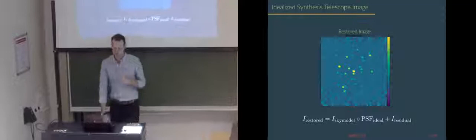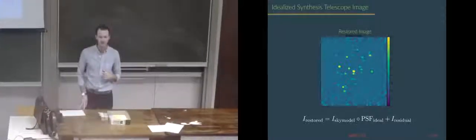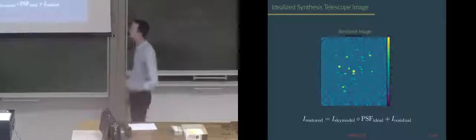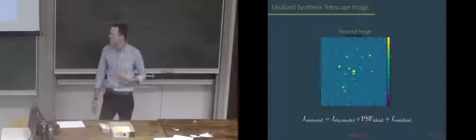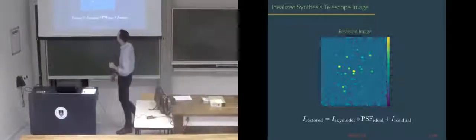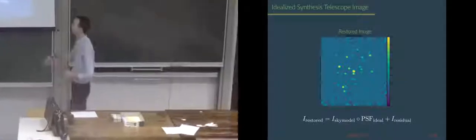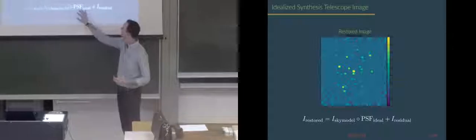Okay, so I've just been showing you some examples. Let's go back to our Cat 7 image and walk through how the different iterations of deconvolution happen. So this is our restored image. This is what we'll get to in the end. Just remember our sky model, and this is our idealized Gaussian PSF, and then the residuals added in. So this is our pretty picture we get at the end of the day.